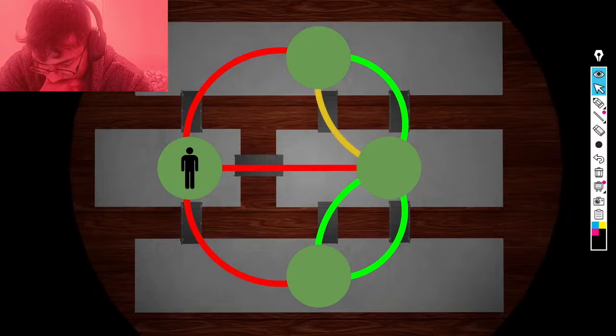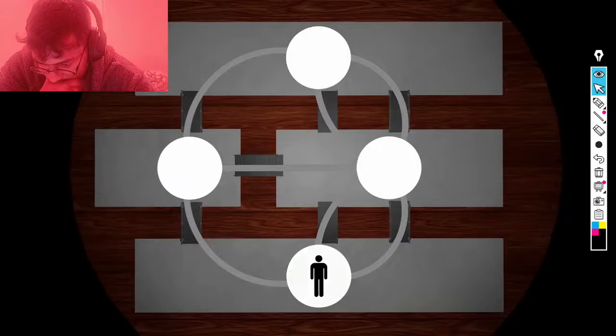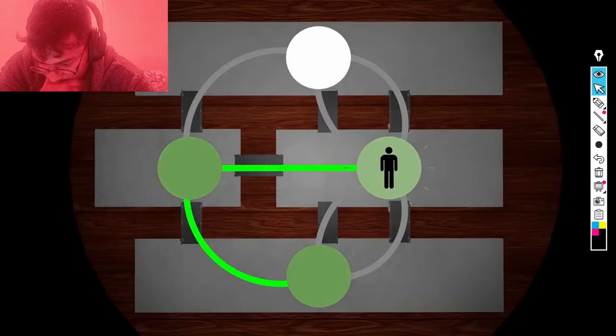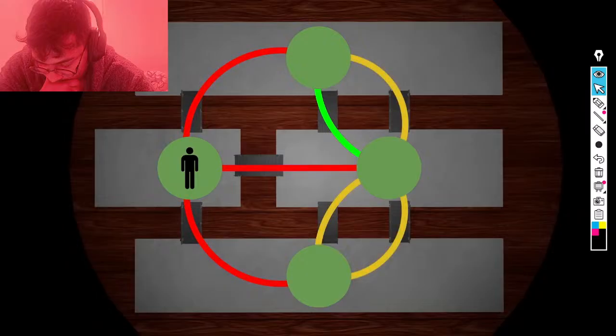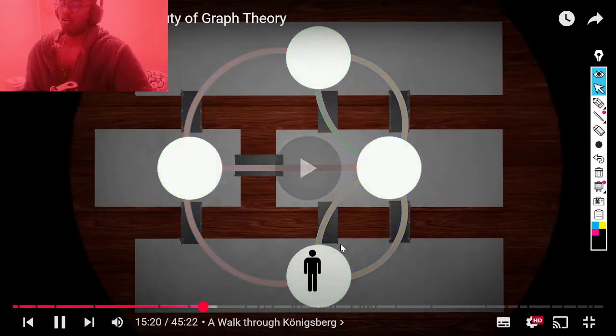But why? In very simple terms, this has something to do with the degrees of the nodes in this graph. Is it guaranteed in this graph that if one edge leads to a node and